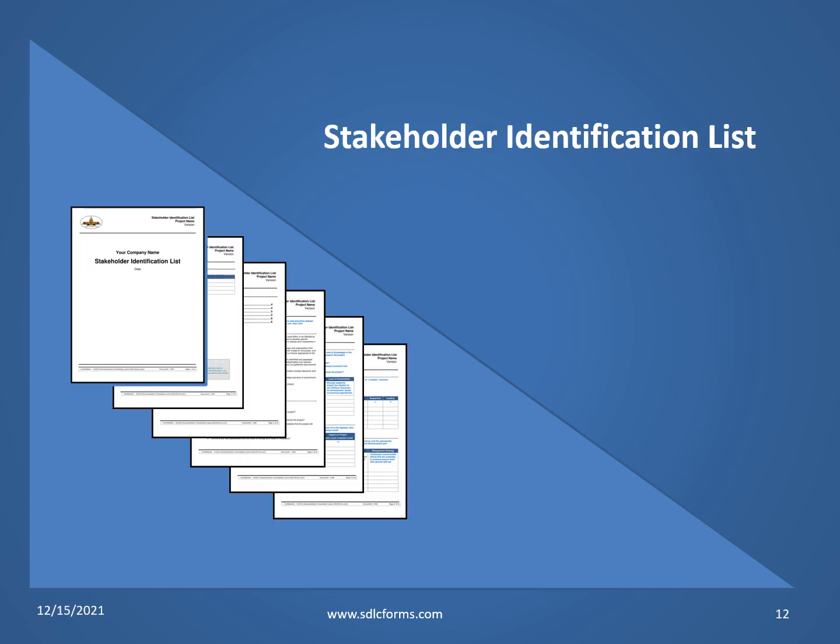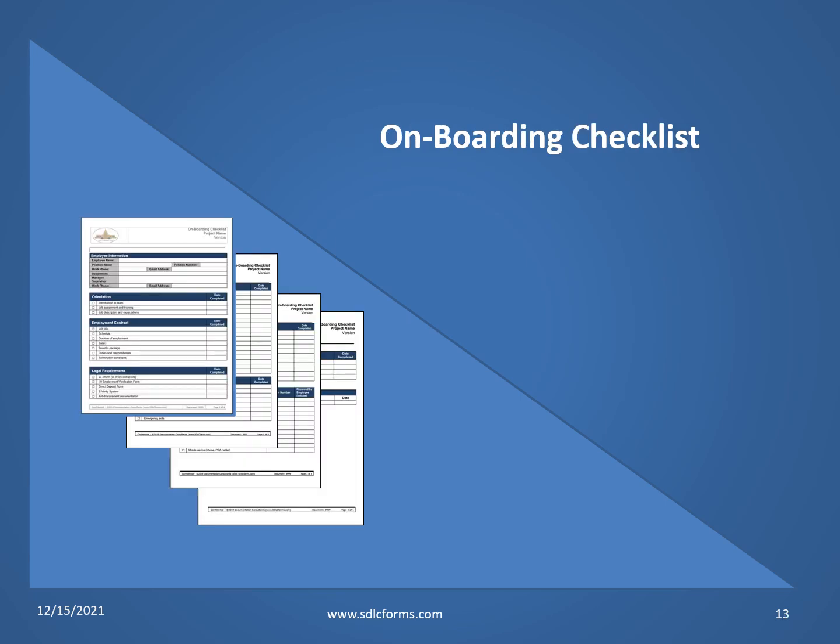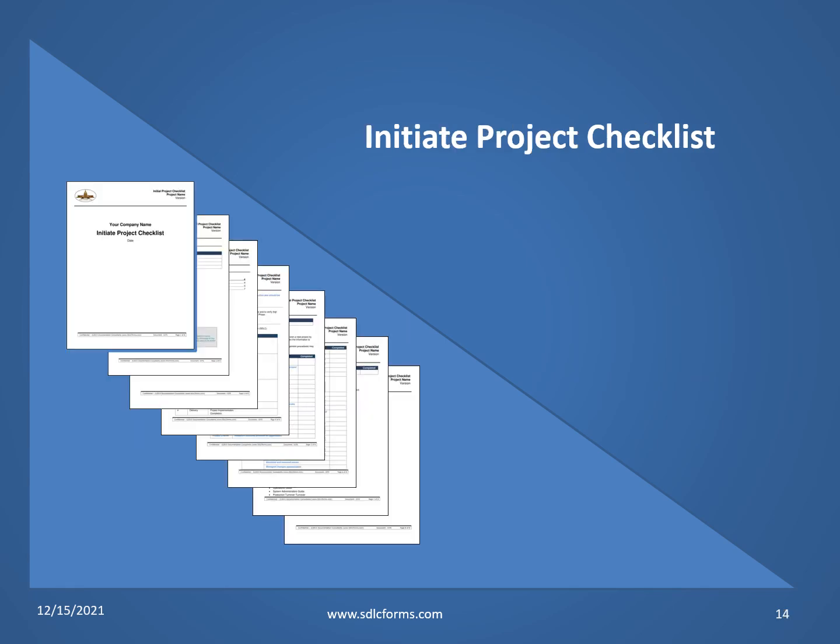Stakeholder identification identifies the people, groups, and organizations that could affect or be affected by the project. The onboarding checklist provides capabilities to document a person being hired by your company. The Initiate Project checklist provides sample information to use and verify that major initial project functions and tasks have been